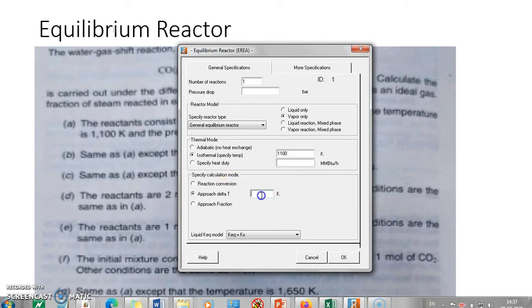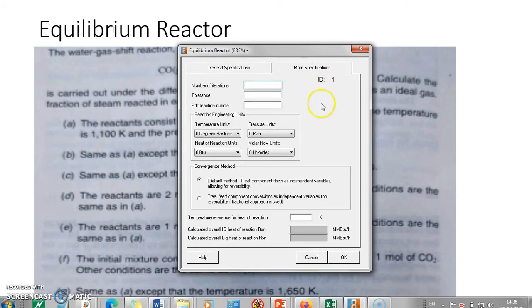Suppose we say approach delta T is 10, then 1100 minus 10 is what will be used for the calculation of K. However, we keep it blank, meaning 0 approach delta T. So the K value would be calculated at 1100 Kelvin. The last option talks about reaction in liquid phase. If you want to go with ideal liquid phase, you go with this. If you go with non-ideal, you go with this. But in our case it is a vapor phase reaction, so we don't need to specify anything else.